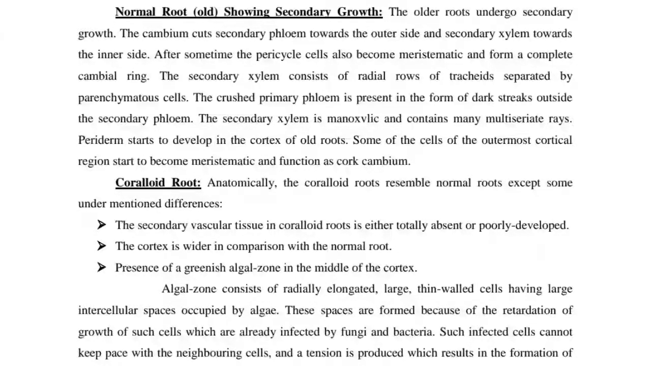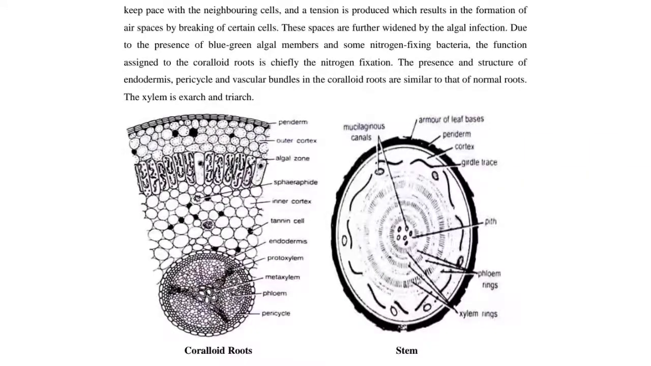Such infected cells cannot keep pace with the neighboring cells, and a tension is produced which results in the formation of air spaces by breaking of certain cells. These spaces are further widened by the algal infection. Due to the presence of blue-green algal members and some nitrogen-fixing bacteria, the function assigned to the coralloid roots is